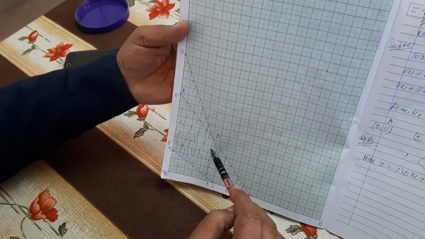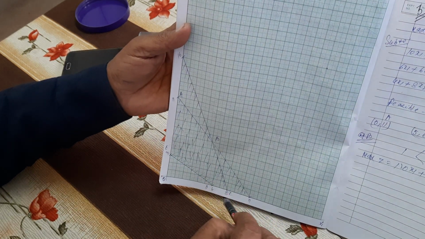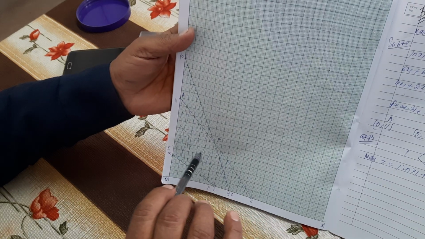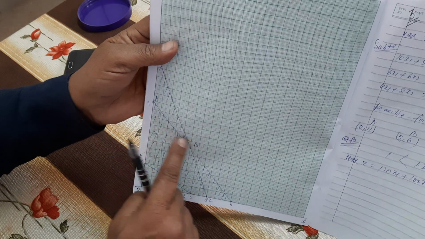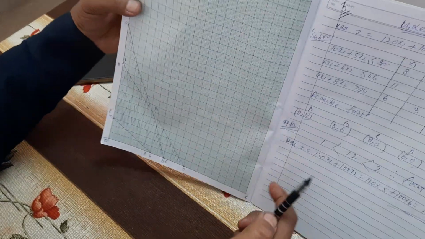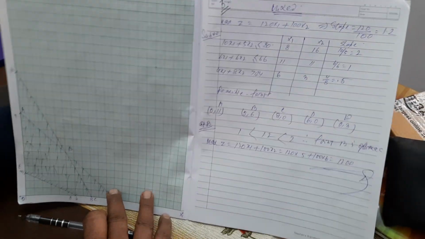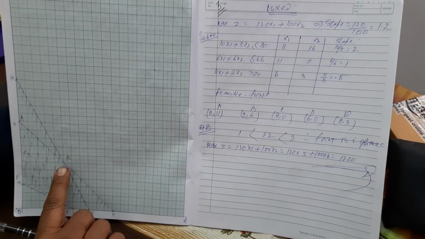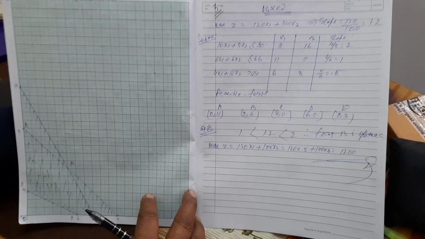So A, B, C, D, E. These are the 5 points which are the feasible solutions or the corner points. Now we just get the coordinates at all the 5 points. Since there is only one intersection, let us see whether we shall get our optimal at point B or not. If we won't get it at point B, then we shall look at another place.